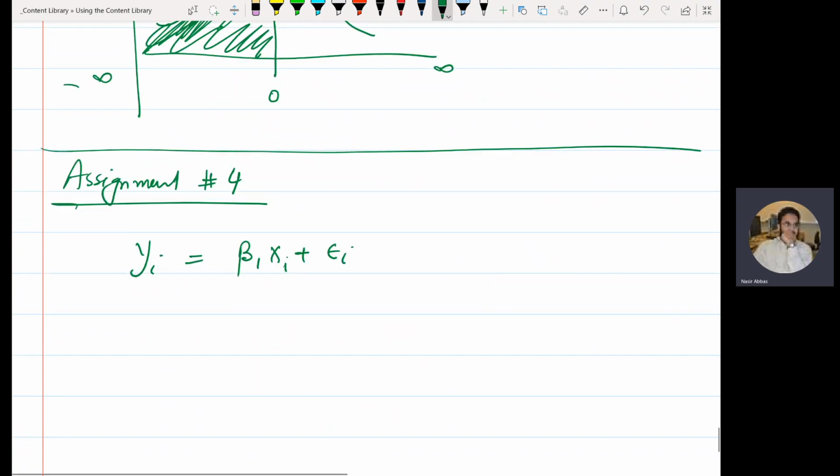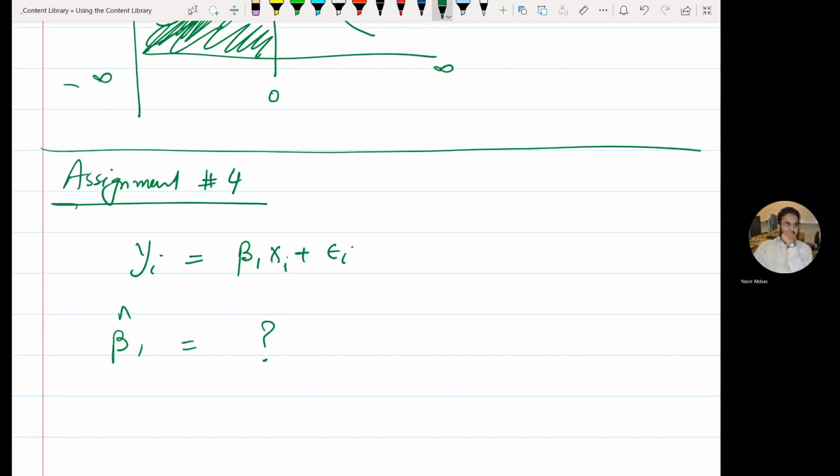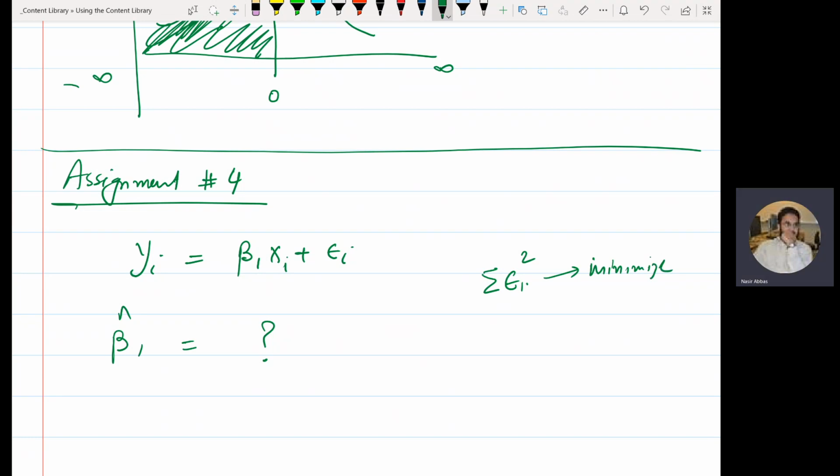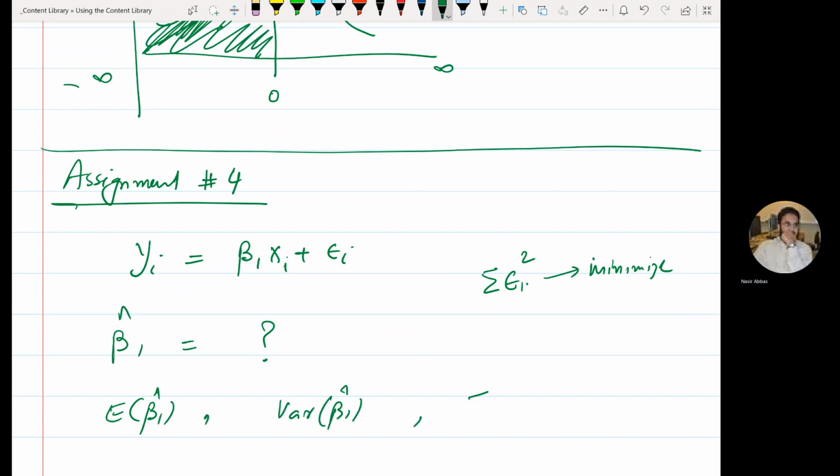That means you have to find beta 1 hat, derive. The objective function will obviously be summation epsilon i square, minimize. Same OLS. So here the objective function summation epsilon i square will be yi minus only beta 1 xi. There will not be any beta naught. So you have to minimize that one, and you will get the corresponding beta 1. Then you need to identify the distribution of beta 1. Then you need to find the mean of beta 1 hat, the variance of beta 1 hat, design the t-test for the testing of beta 1,